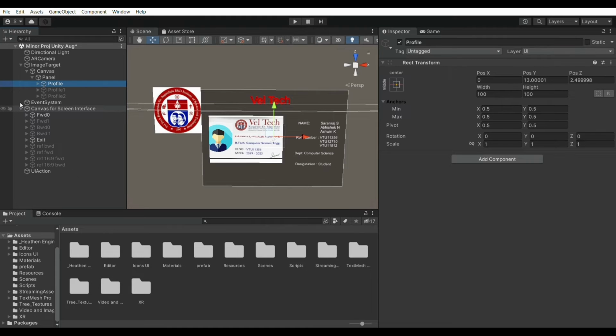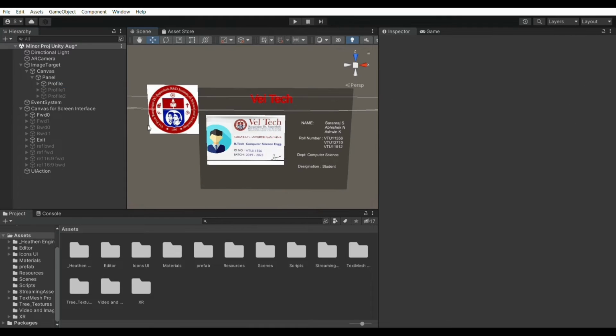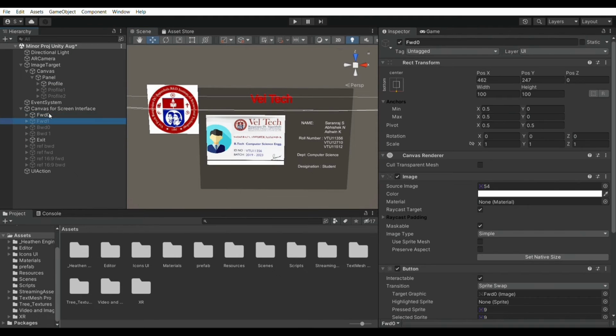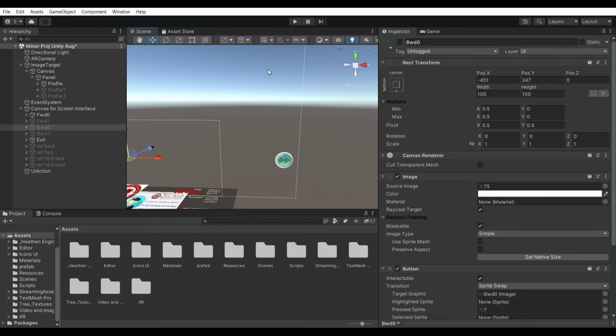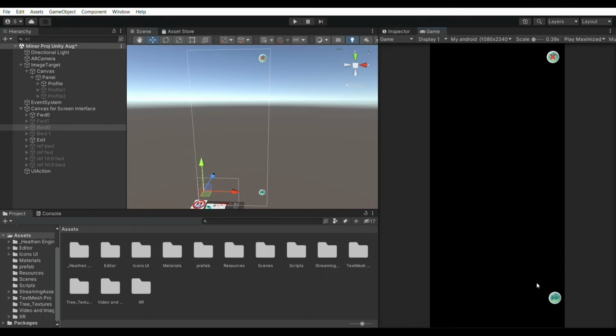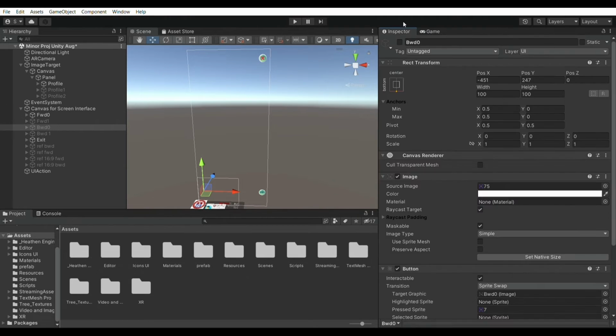These are the buttons that we will be using: the forward and backward buttons which will navigate along the pages, and an exit button that will allow us to close the application when it's necessary. The icons and the other graphical needs for the buttons are imported as assets into Unity. As you see, this is the orientation in which it will be displayed on an Android device.